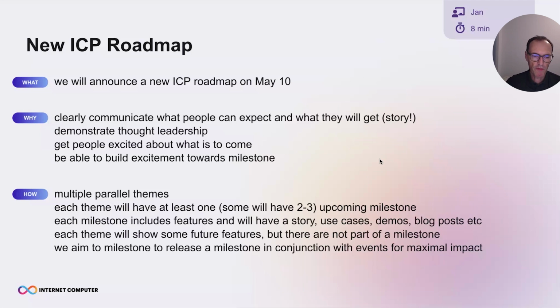That might mean that for some milestones, when things come closer to finishing, we might drop or scale down some things or change a bit. So it's not that the milestones will be cast in stone forever, but we will want to be a bit flexible with the milestones so that we can hit some event around it for maximal impact, and also again build up the excitement.